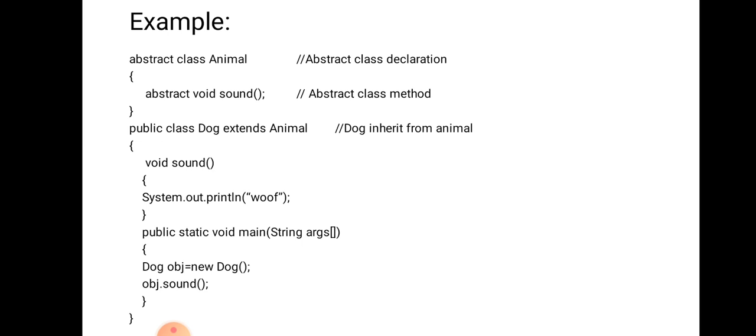In basic language, abstraction is nothing but hiding details. Now you can see here we hide details in the base class. If you only see the base class, the method declared is void sound, and we don't know what is in the sound method or what it is doing. Nothing was defined in the sound method; we only declared that method. So we are hiding the details from another class. That is the main cause of abstraction, hence we call it abstraction. Hope you have been clear with this example.